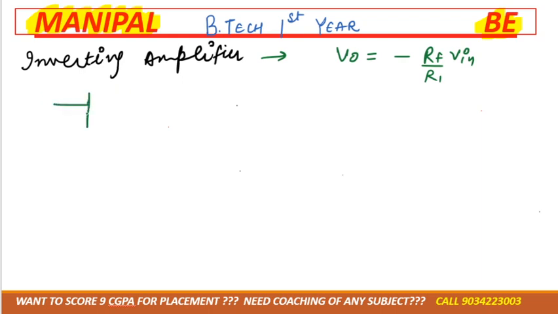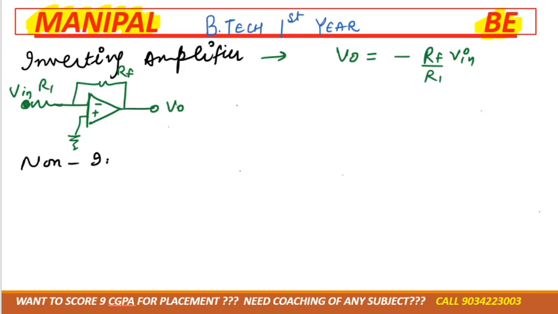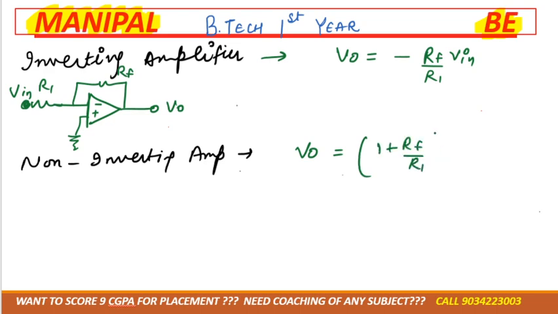if I draw the small, so inverting means positive terminal is grounded, output will have is minus RF by R1 Vin, correct. Next opamp is non-inverting amplifier. For the non-inverting amplifier, output V naught is equal to 1 plus RF by R1 times Vin,